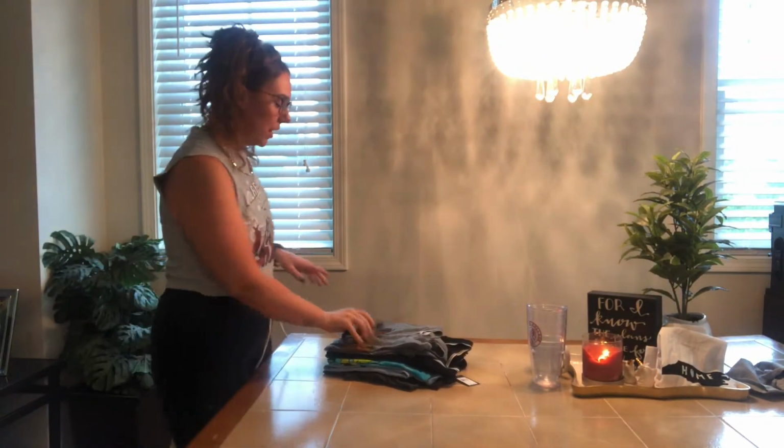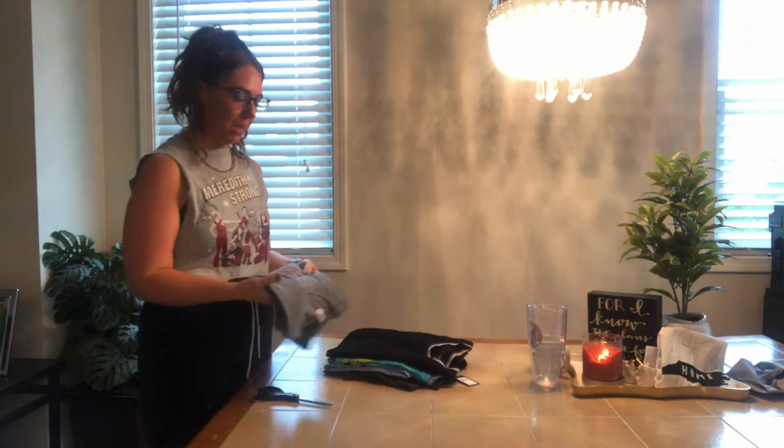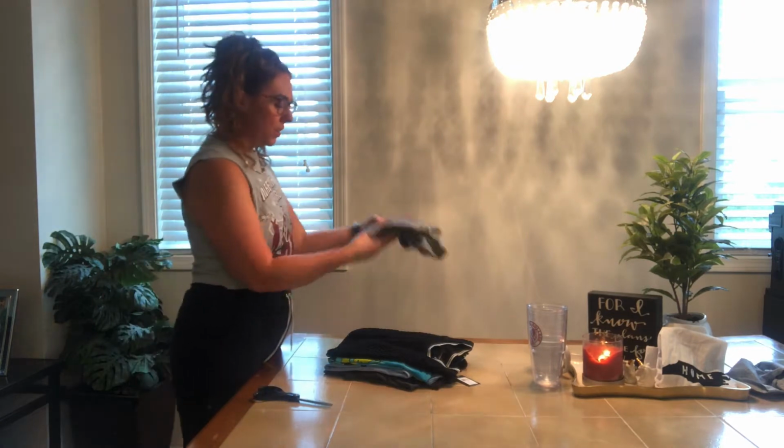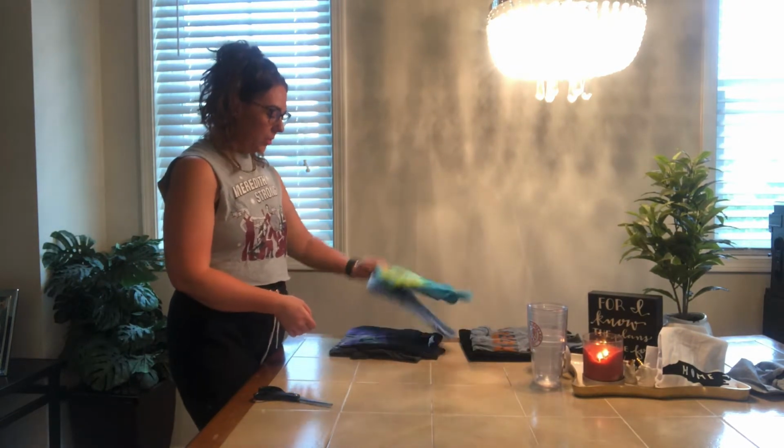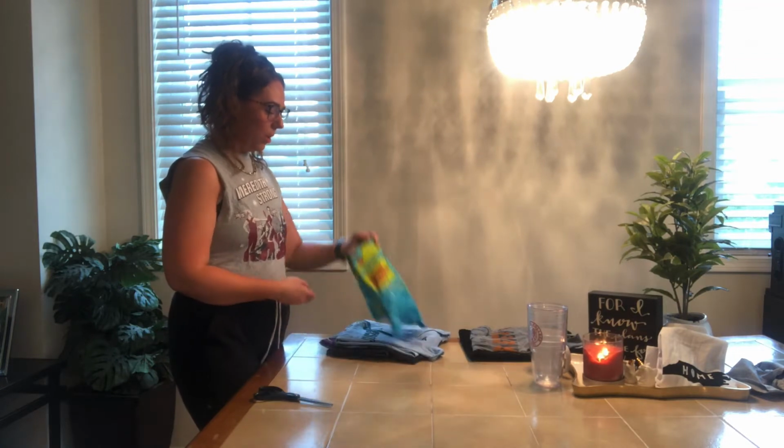There's some of these shirts that I'm not going to cut into tank tops. I'm going to just make them into a crop top. So I will start with just the t-shirts that we're going to make into a tank top. So the nice thing about a lot of the graphic tees like this one is that you can kind of base off where you want to crop them,